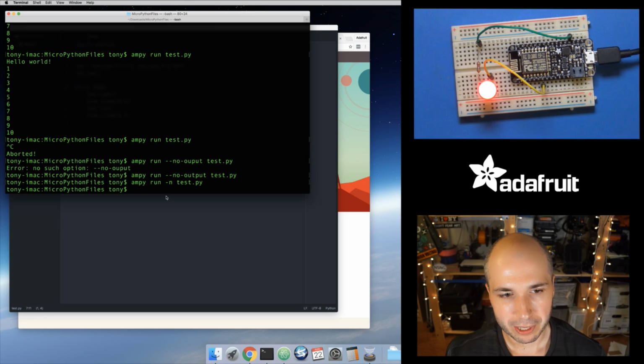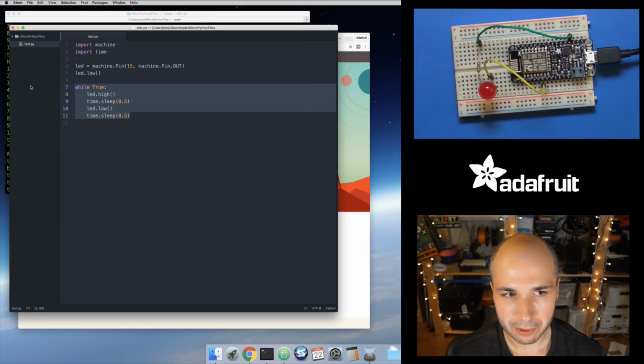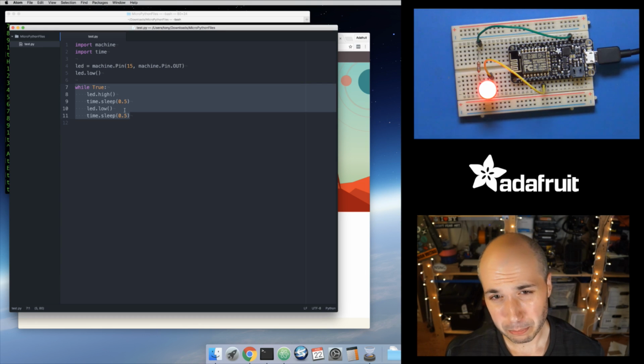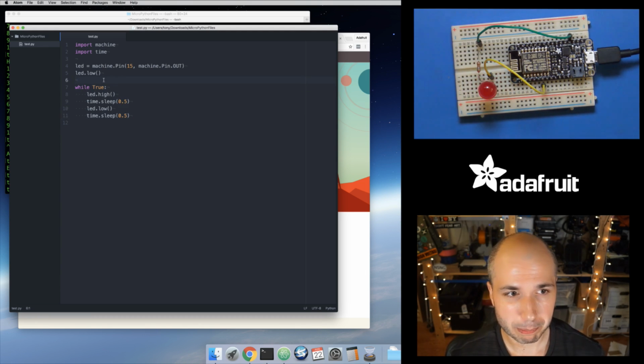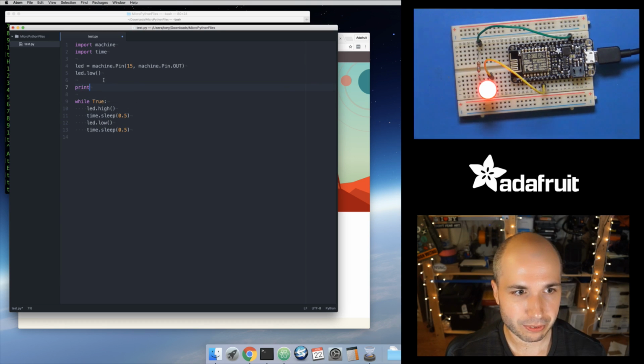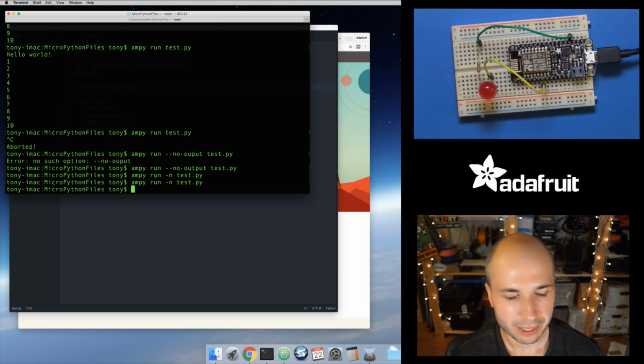This tells ampy, run the code, but don't stick around and wait for whatever main loop or whatever's happening in the code to finish. It also means that you won't see any output. So if I print, how about "starting loop" in my code right here, then I'm not going to see this when I run this command. I'll at least see the effects here. It's in that loop, it's blinking the LED, but I don't get that output. It's just something to be aware of, you do have to think about what your script is going to do. Is it printing out output that you want to read, or is it just running something forever